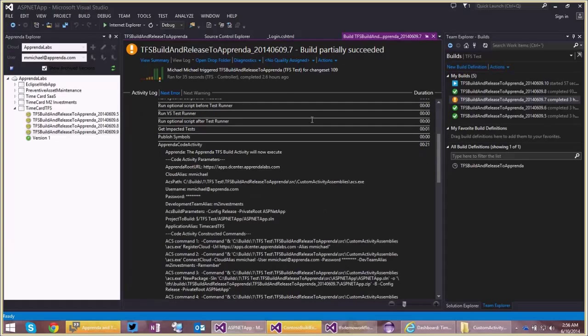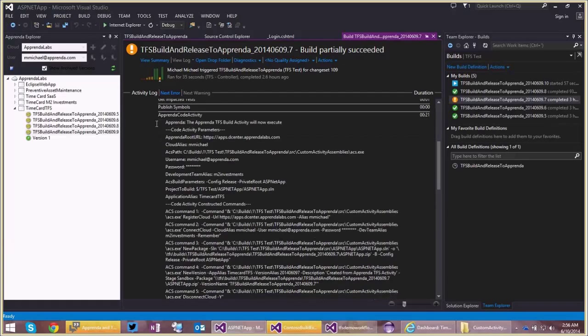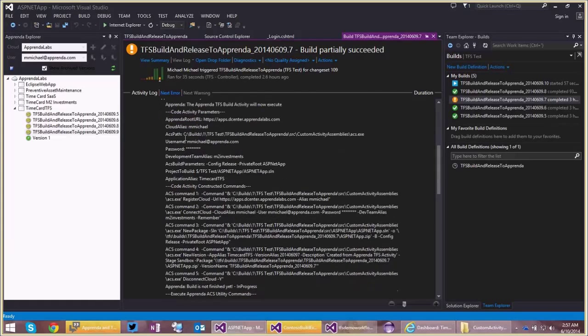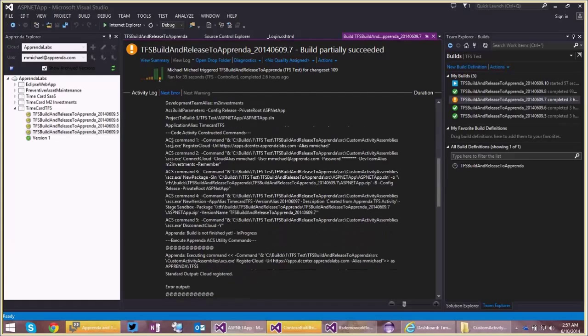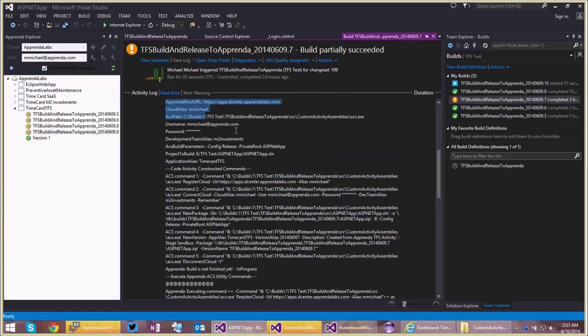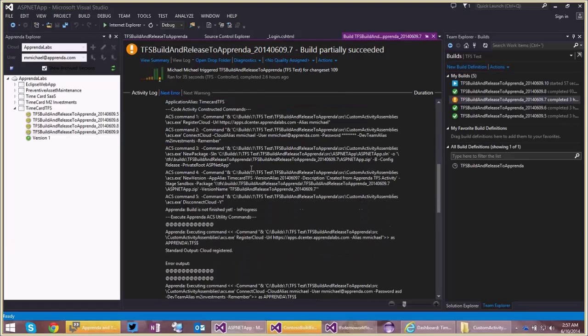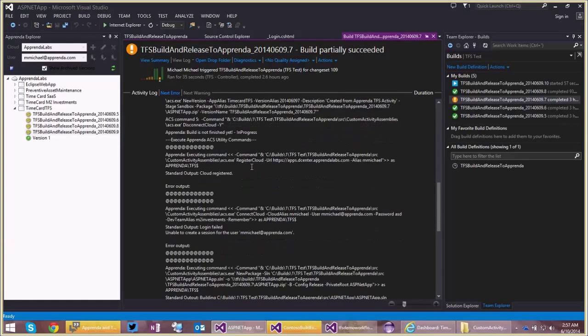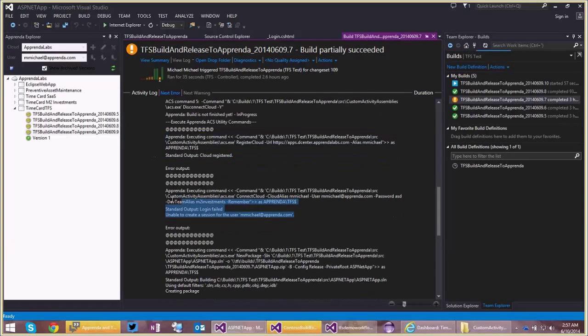And you notice that we have a very verbose log as part of the Apprenda code activity. We're showing you all the different commands that we're going to execute. We show you the different parameters that are being passed to the activity. And after that, we start executing each one of those commands. One of them is to register the cloud, and the next one is to log into the cloud we just registered. And that failed. I actually gave it the wrong password on purpose